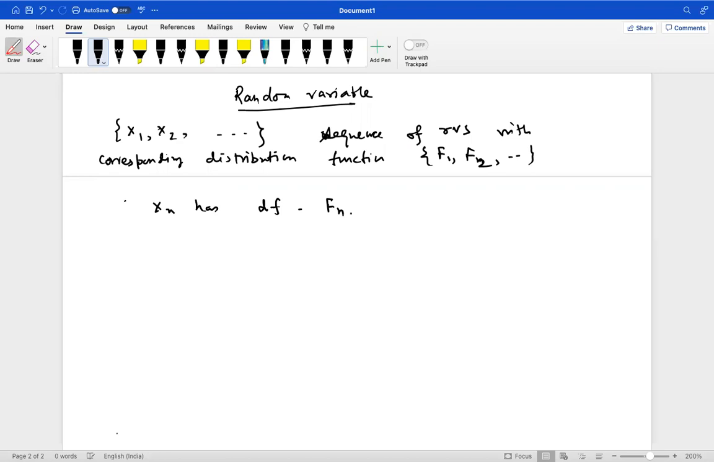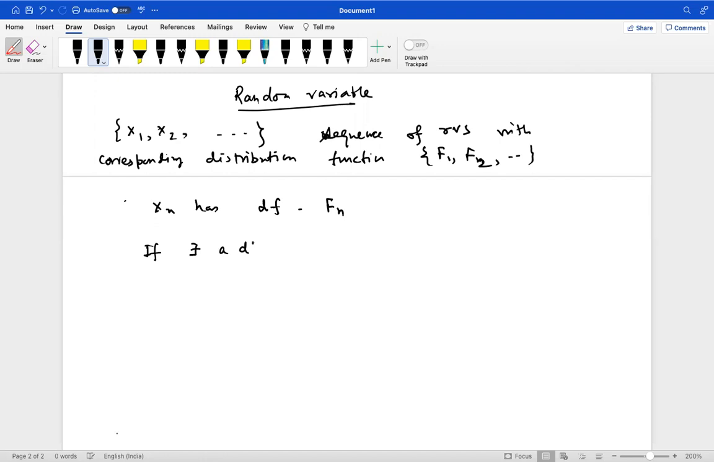Remember, fn is a function from R to the closed interval [0,1], and xn is also a function. A random variable is also a function, but there is a probability attached to it. So xn is a function with some underlying probability, and the distribution function fn is just a function whose outputs are probabilities. So fn is a sequence of distribution functions, and say